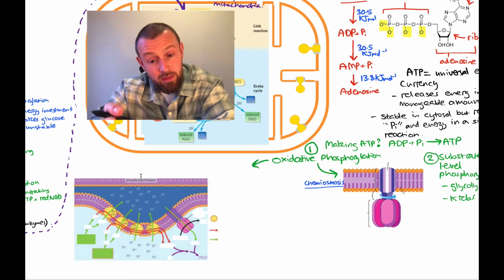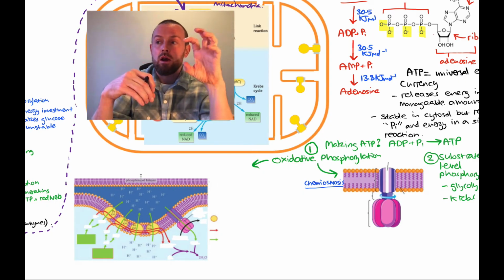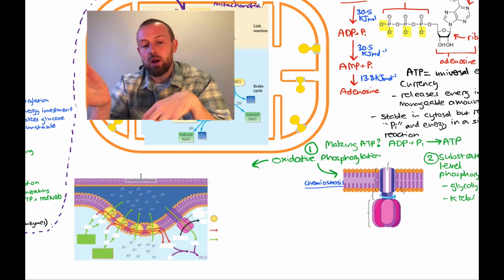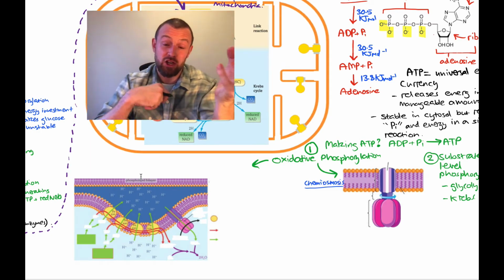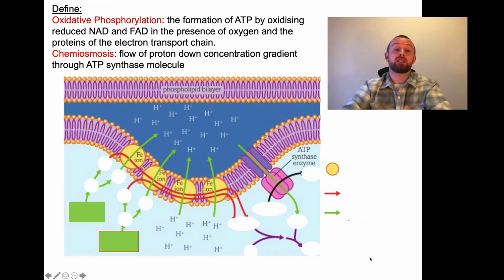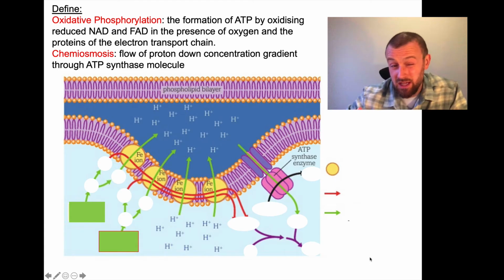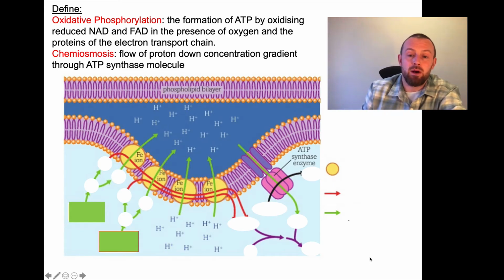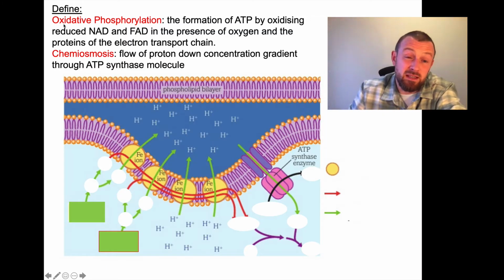And once we've talked about that, I'm going to explain a little bit about how the structure of the mitochondria helps Krebs cycle, oxidative phosphorylation, and chemiosmosis all occur in synchrony. The first thing, I think, is to get some definitions down. And these definitions are pretty unwieldy, but I've done my best to try and simplify them, because the